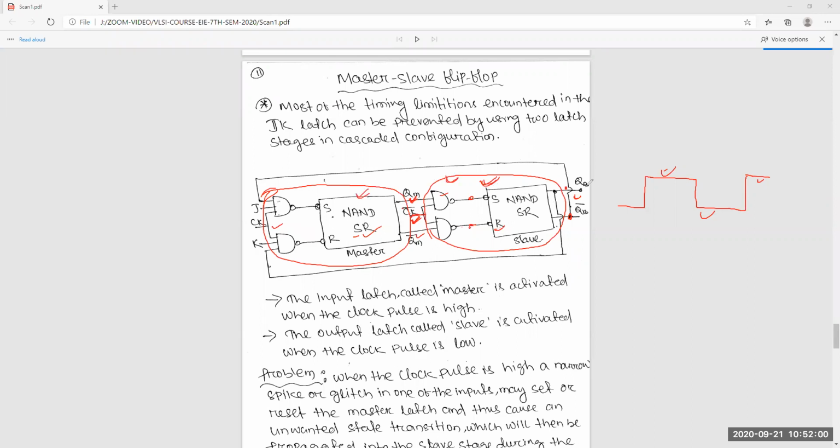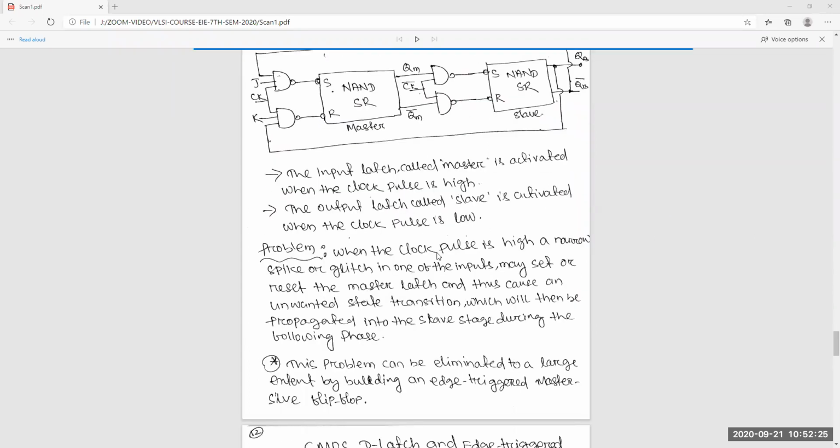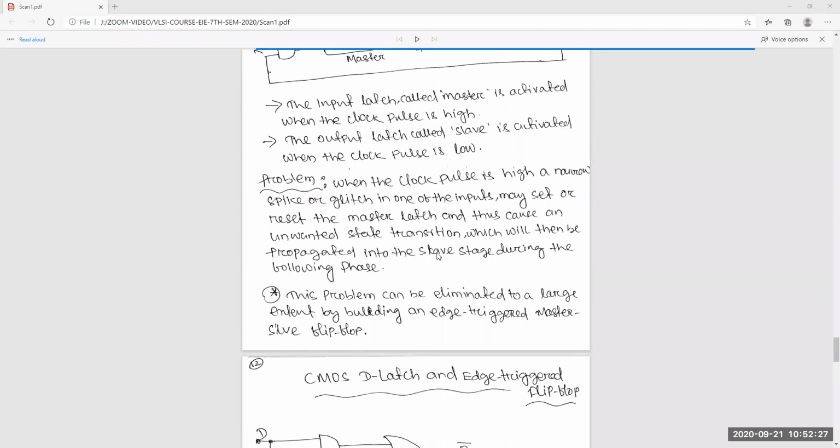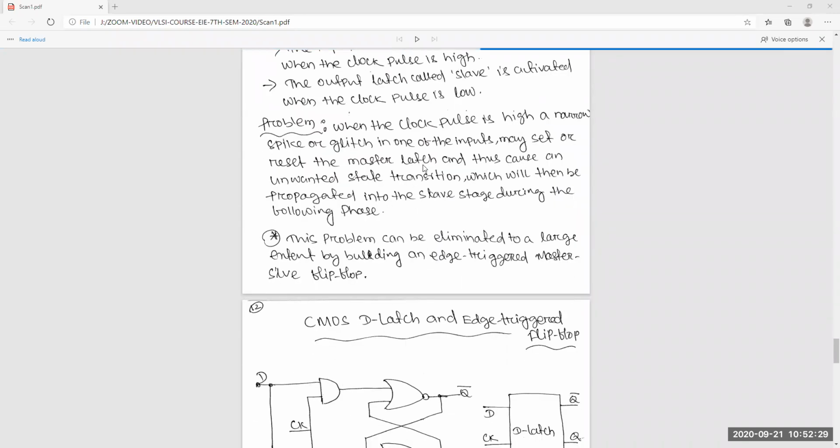That's why you will not get that race around condition. But in the previous case, it is connected, so it is continuous. Its clock is available, so within that time, depending upon the propagation delay, it will oscillate. But here that thing is not possible. So you can read these things.